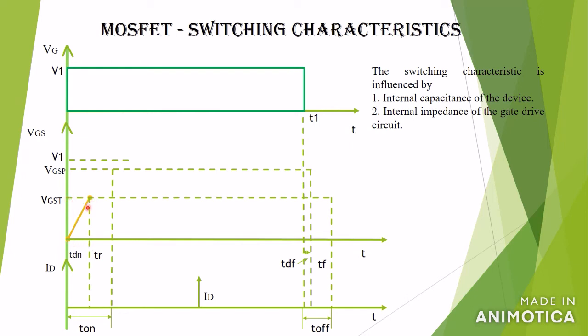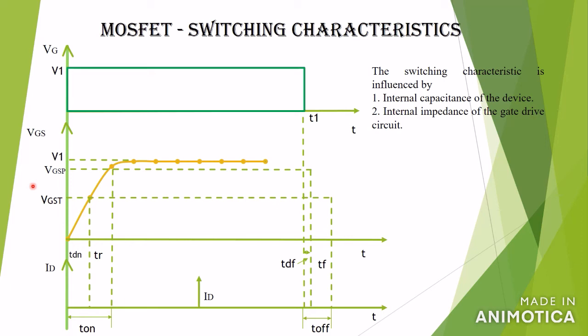This time taken by the capacitance is defined as the turn on delay time. After that, it will start increasing from VGST to VGSP. That time is defined as the rise time. And once the device is completely on, the voltage across the capacitor will be equal to